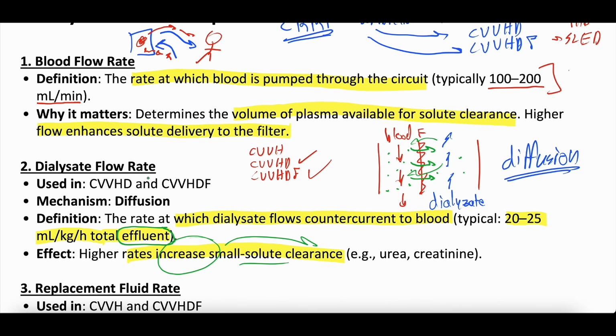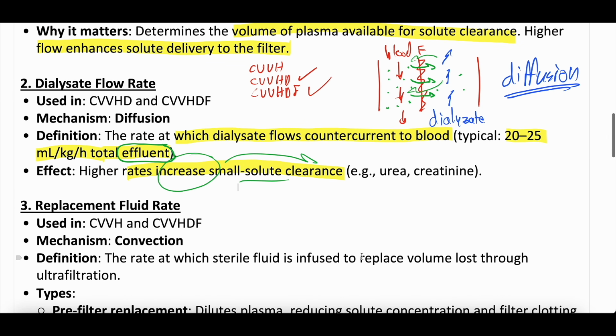So we have blood flow rate and dialysate flow rate. What about the replacement fluid rate? Well, the replacement fluid rate is most important for filtration modalities of CRRT, and we're going to tell you why. So if we list them again, we're being annoying: CVVH, CVVHD, CVVHDF. Which two of these is replacement fluid most important for? If it's most important for